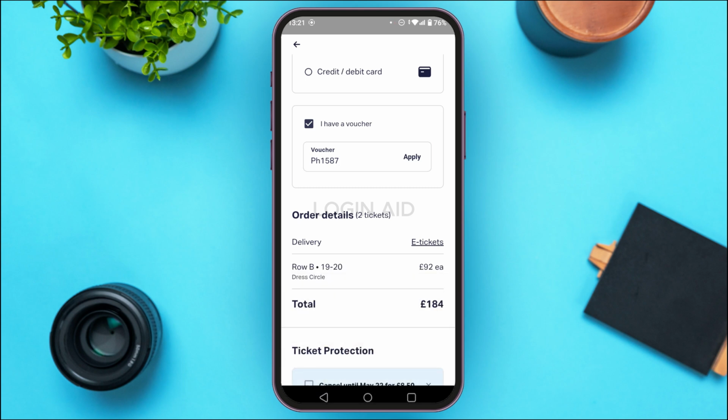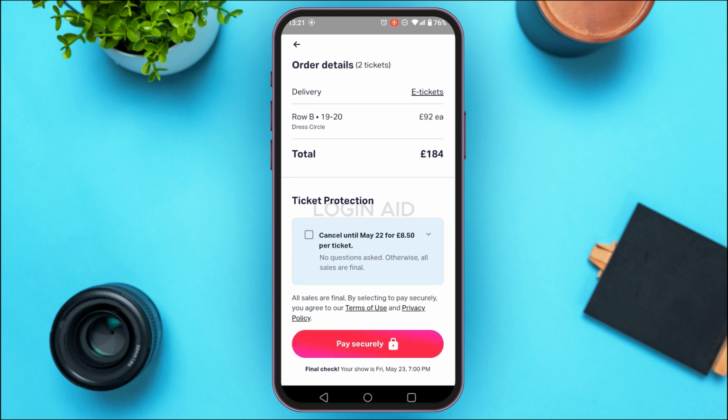After you do that, tap on the apply option and the voucher code will be applied and you'll be able to claim the special offer. After that, what you have to do is fill in all the details and tap on the option pay securely. Now that voucher code will be applied and your special offer will be claimed. So that is how you claim special offer on